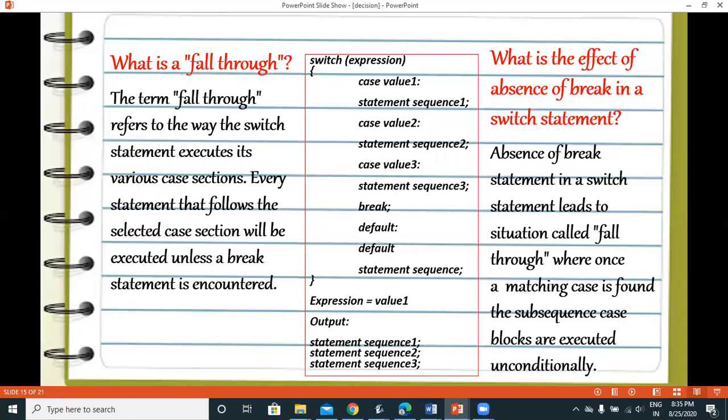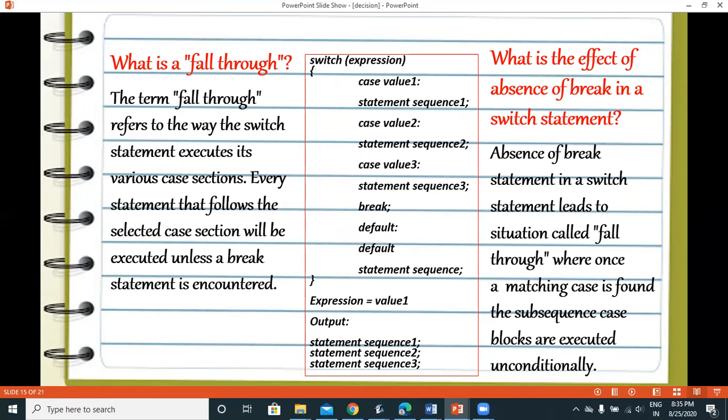What is a fall through? Fall through refers to the way the switch statement executes its various case sections. Every statement that follows the selected case section will be executed unless a break statement is encountered. Now you can see the switch expression. Here the break statement has not been specified in case value 1 and case value 2.